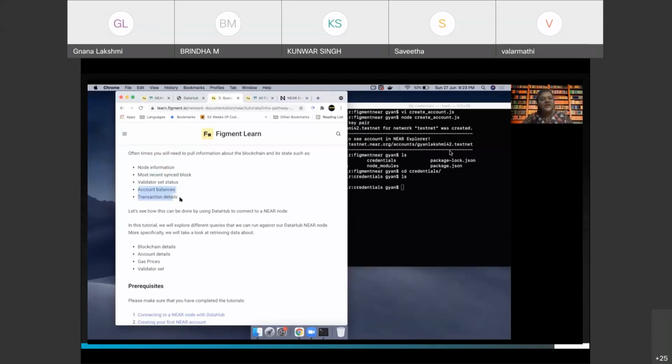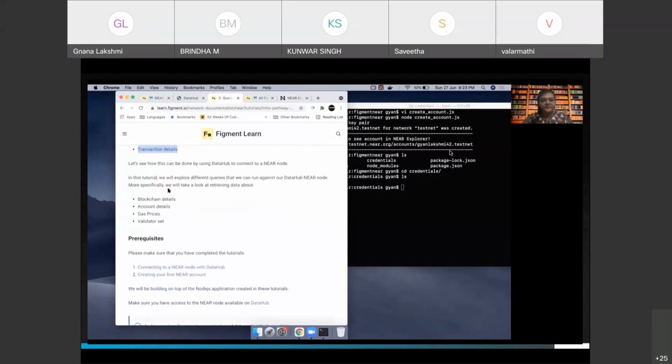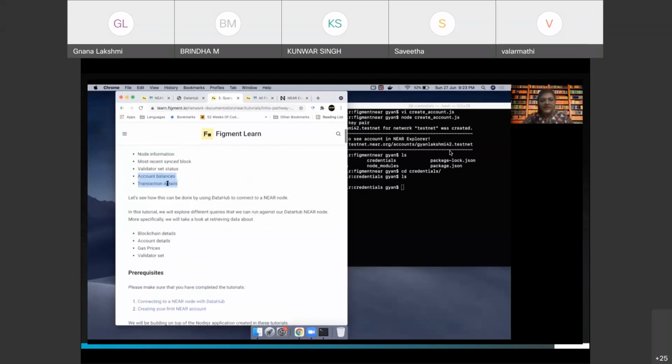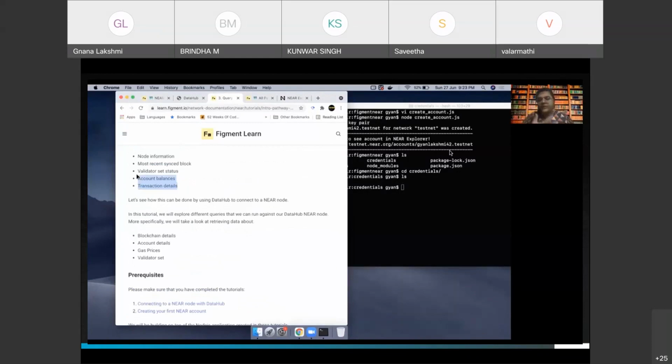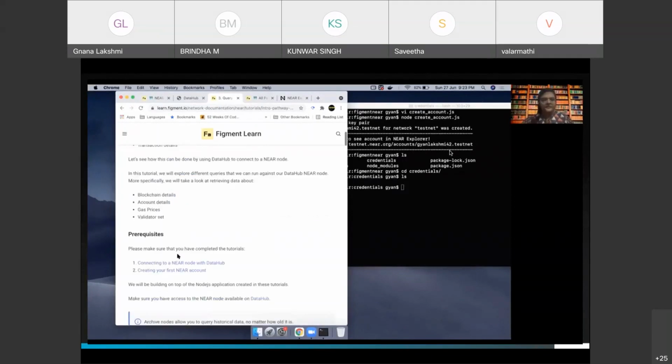So if you are generally dealing with smart contracts or even value transfers, you would want to know a lot about the account balances, the transaction details, etc. So these are the two things that you need to primarily focus on as a developer or as somebody who's analyzing data. Of course, these other things would be important as well when it comes to your decentralized application and what context you are creating. But these two are the primary information that I would be looking for in a blockchain.